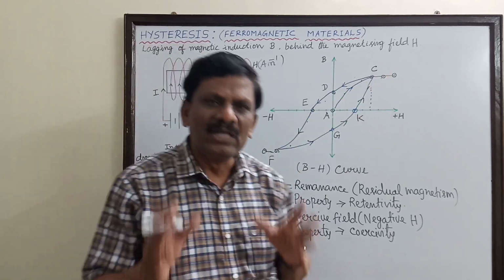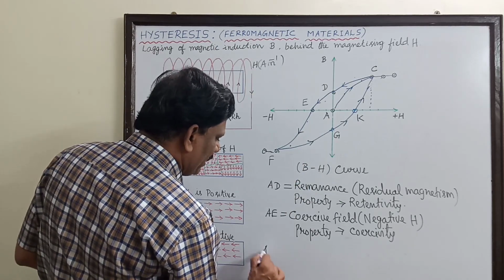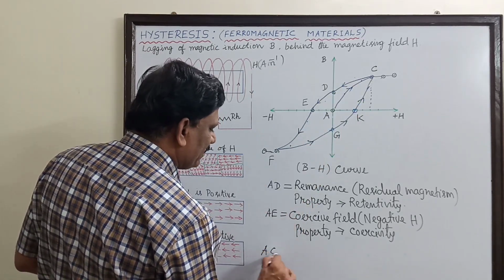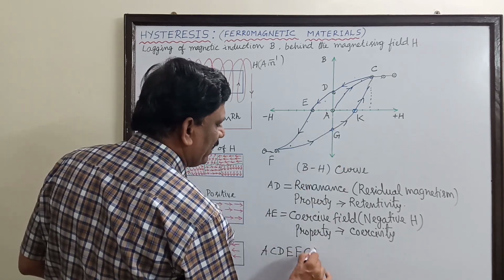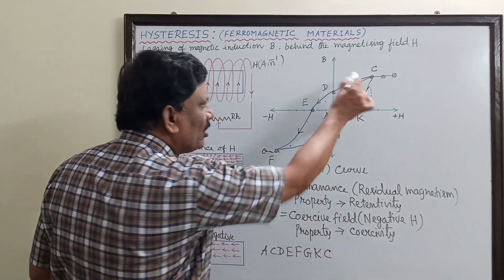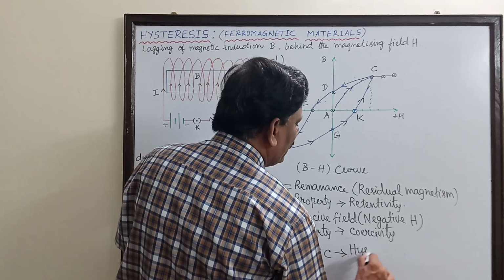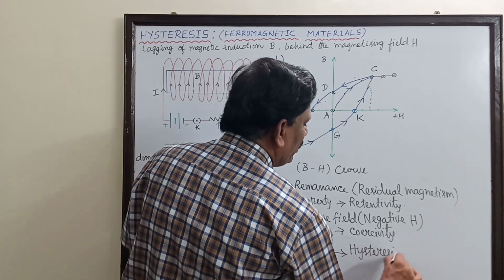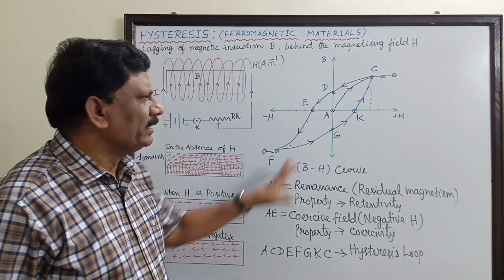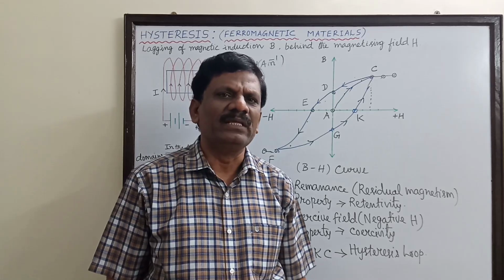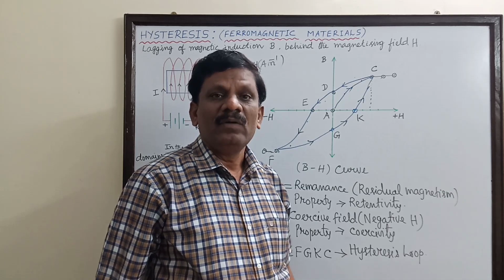This is a continuous and closed loop, and this loop started from A, then up to C, then D, E, F, G, after that K, and then to C. It stopped at C. And this loop only is called by the name hysteresis loop. Now here, what is to be understood actually, when this graph has completed one loop, what must have